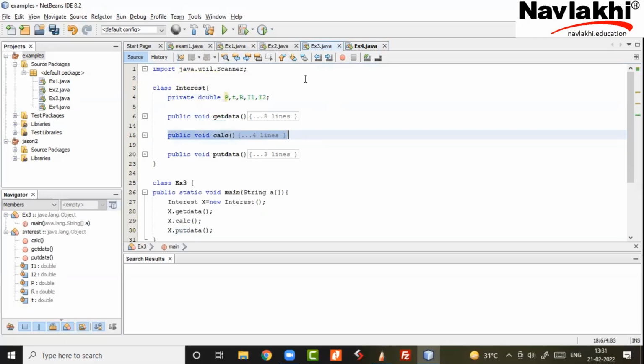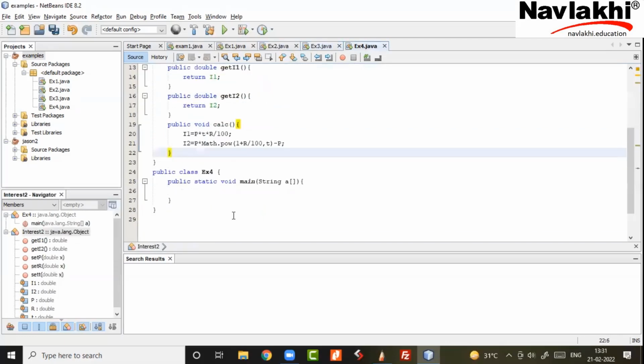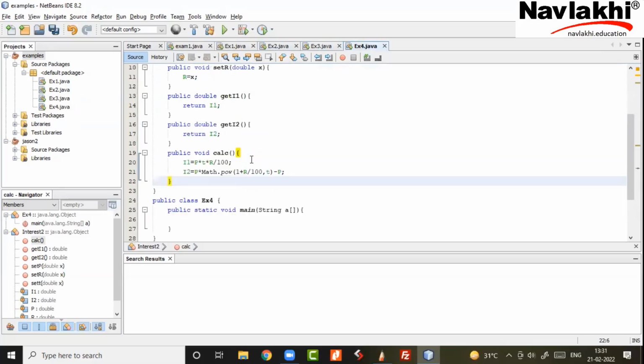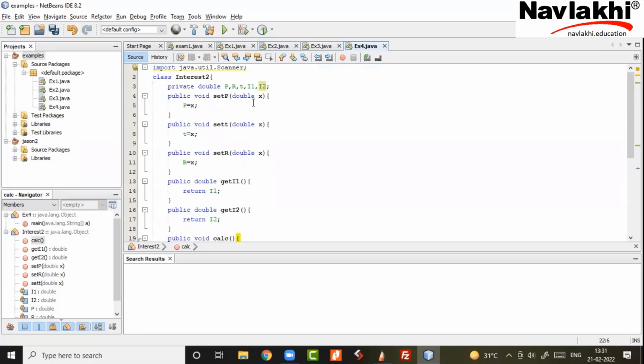I'll obviously have the calculate function, which will calculate my I1, I2. Order is not important, because main will decide the order. In sets, the order is not an issue. Now, to make it even more like higher industry practice, in set P they don't use a different variable, they use P only. But then what will this statement be? P equal to P? That's so weird, because this P is supposed to go in this P.